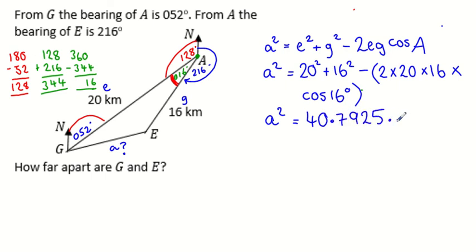40.7925. Now make sure you do this before you're rounding. Now bear in mind you still need to find a, so instead of taking this off your calculator at this stage, keep it on the screen and then just press the square root button and square root this answer. There's an answer button, you can just press the square root button and then answer. That is going to give you